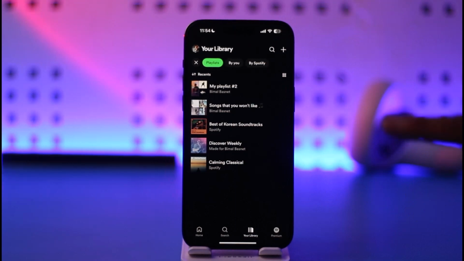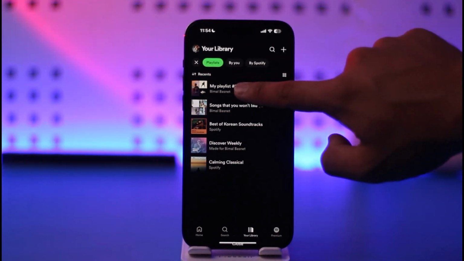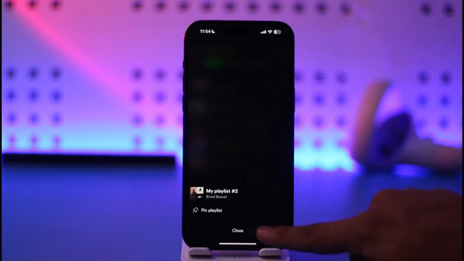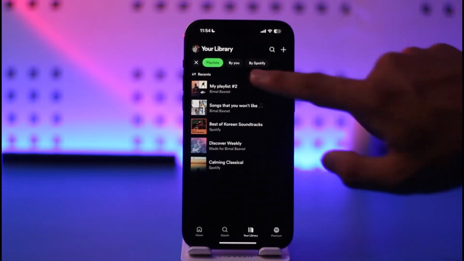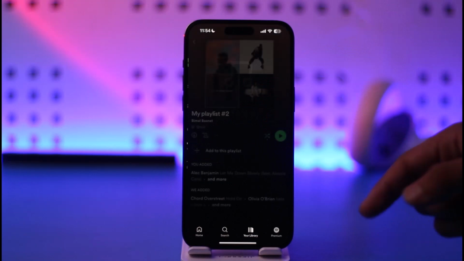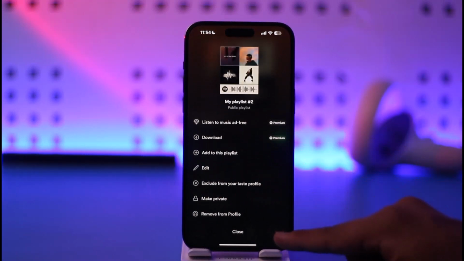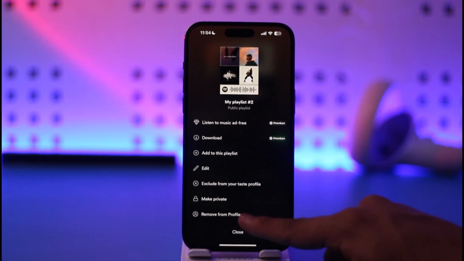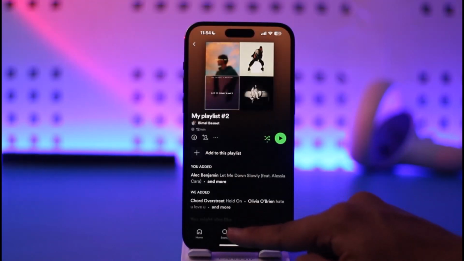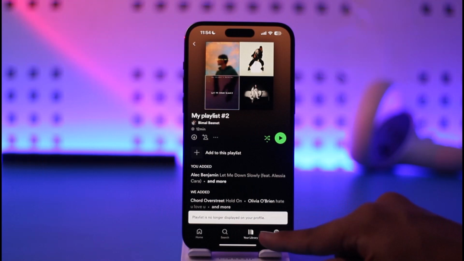And in order to delete a playlist, long press on a specific playlist here, and then here you'll find this option. And in order to delete a specific playlist, just go ahead and select that playlist like this. Once you select and open the playlist, you can tap the three dots option next to the playlist, and then you'll find this option known as remove from profile. So all you can do is just tap on remove from profile, and the playlist is going to be deleted